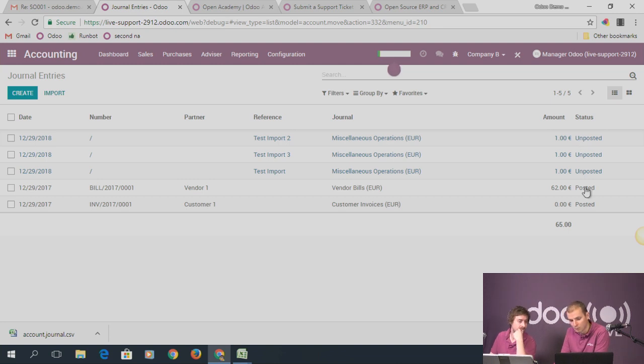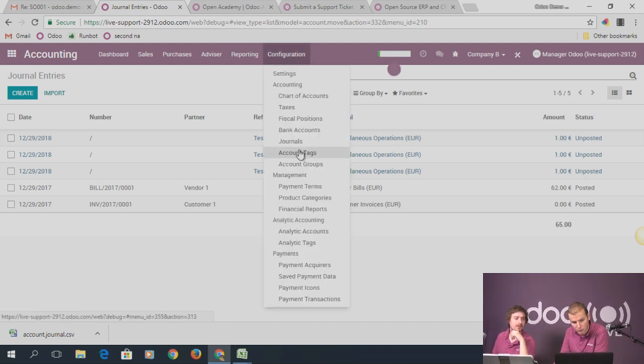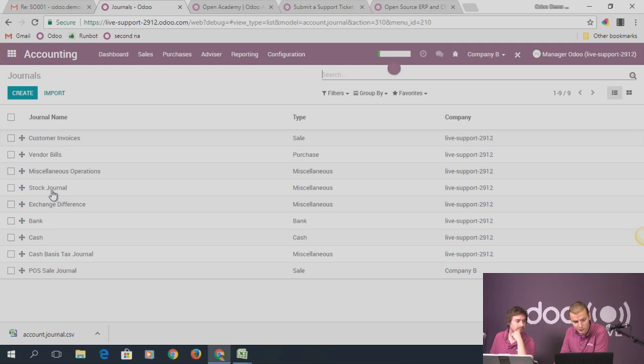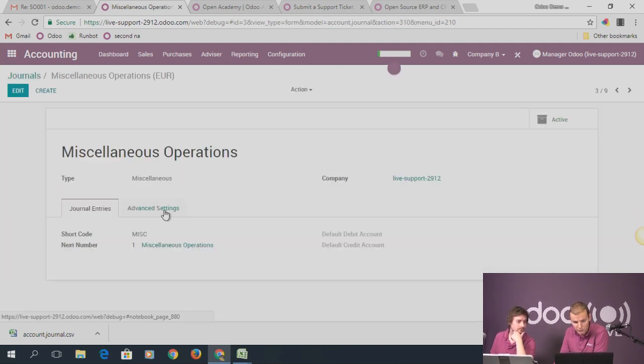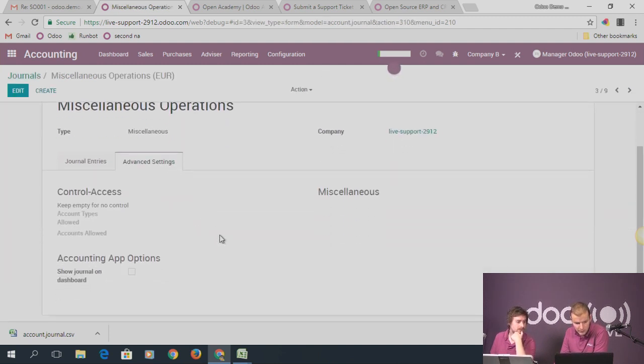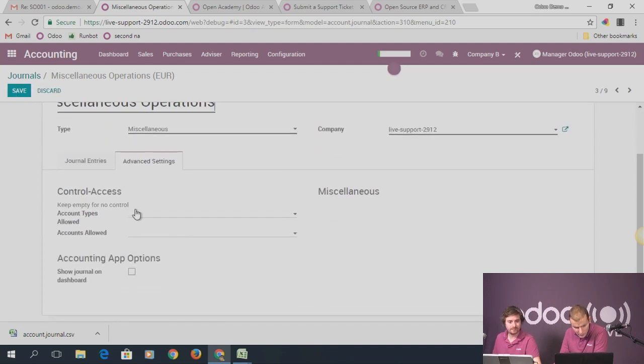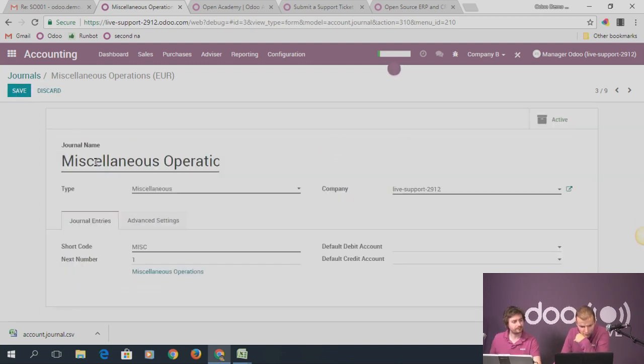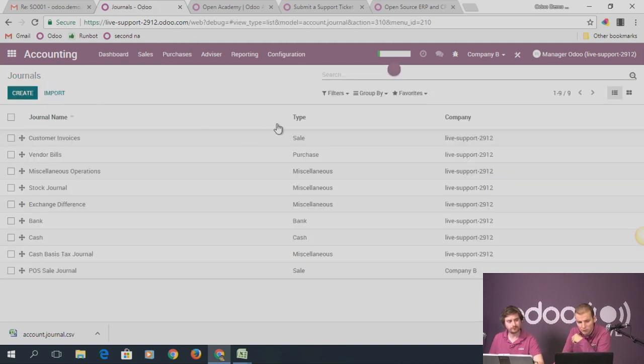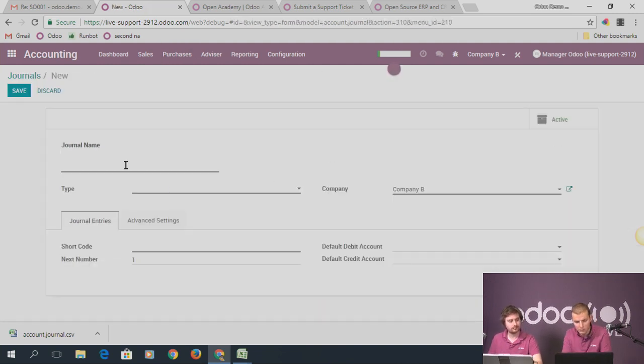But indeed, if you are still talking about journal entries, you see that we have some status, so unposted and posted, that you can configure in the journals. So in the miscellaneous operation, let me check where can I edit it. No, this is not... Yeah, some entries are posted automatically and some are not. It depends on the flow you follow. So if you create by default a new entry, no, not a new journal, but a new entry,